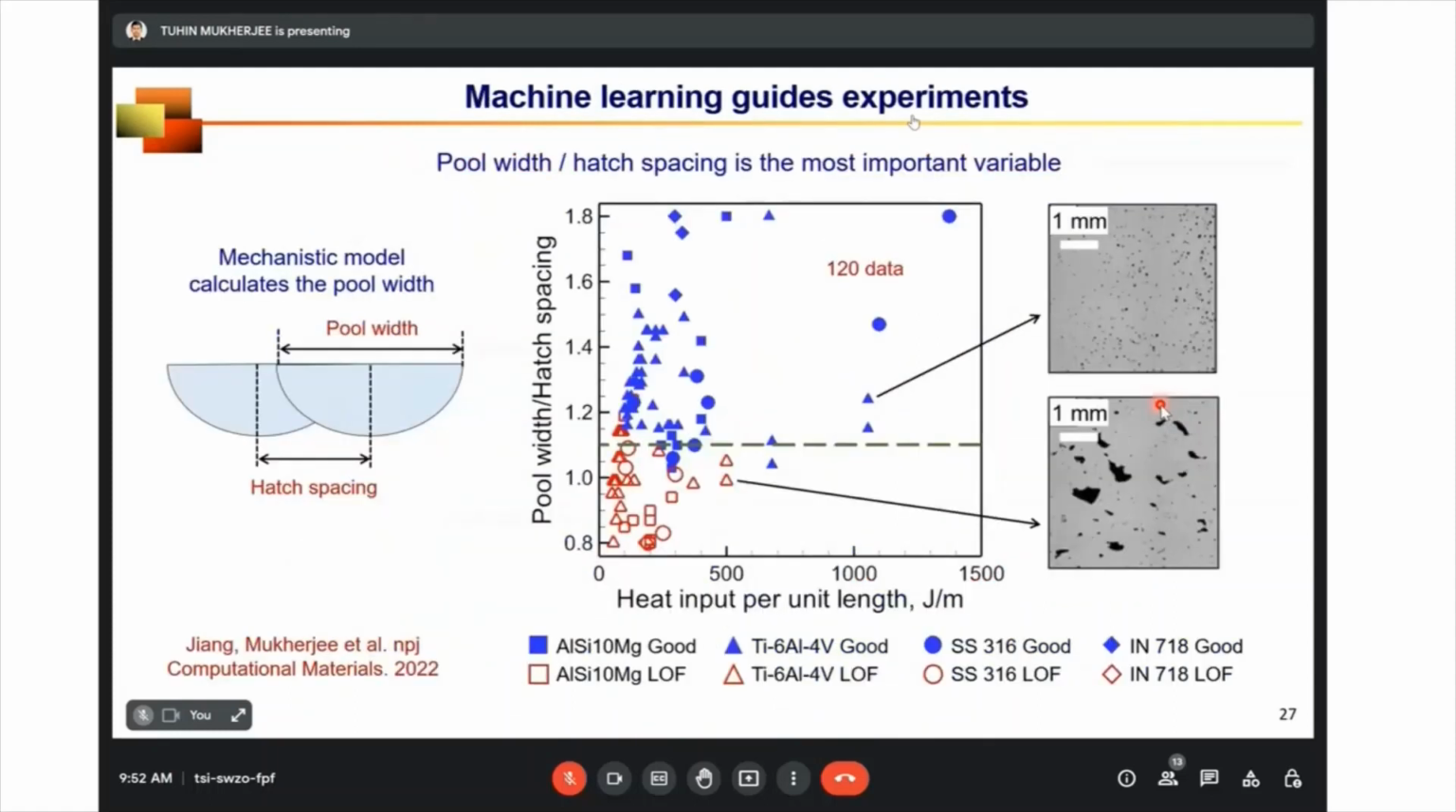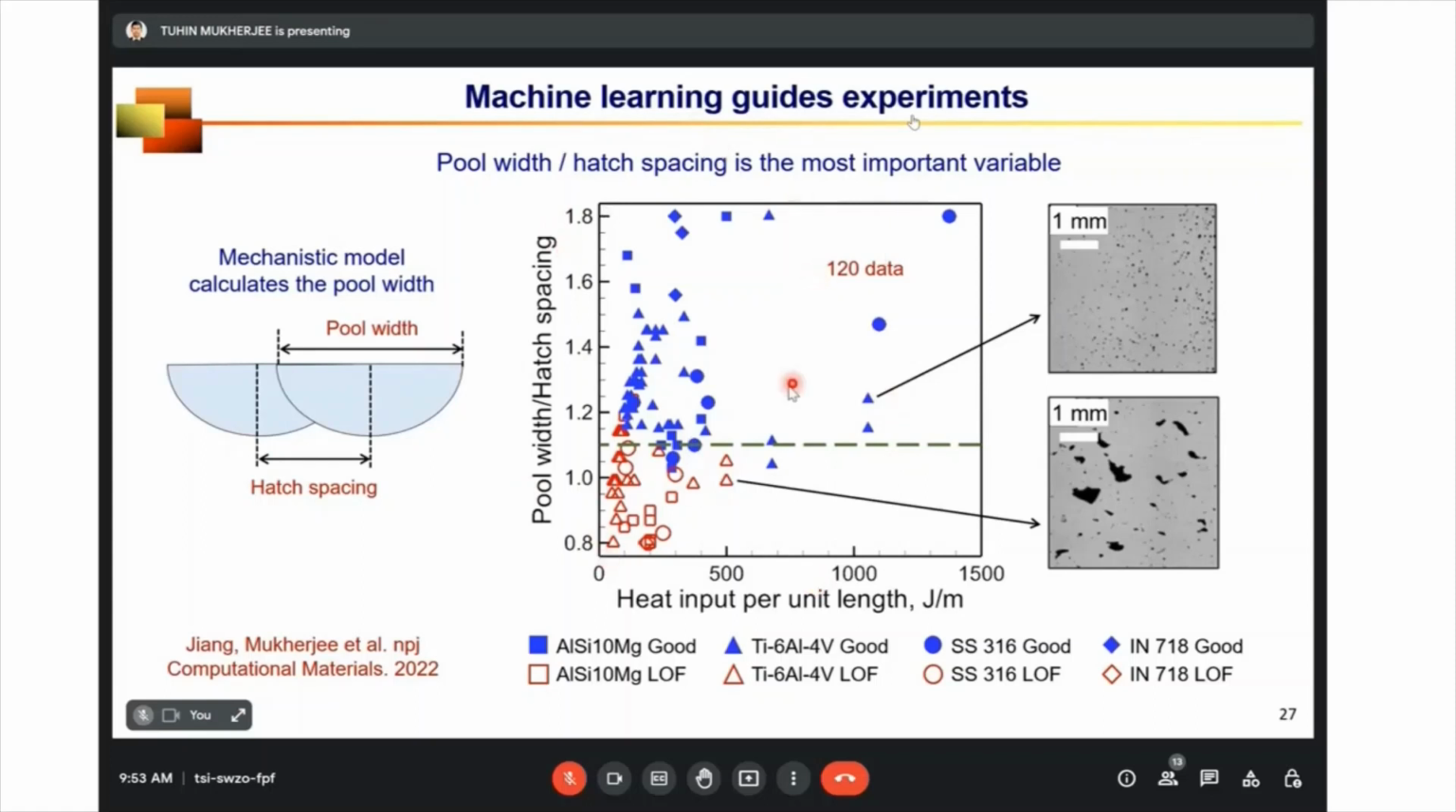So when we know all the variables, we can also take the benefit of machine learning. And machine learning can tell us which variable is the most important and which variable is the least important. For example, here it tells us the ratio of pool width by hatch spacing is the most important variable. And when we try to